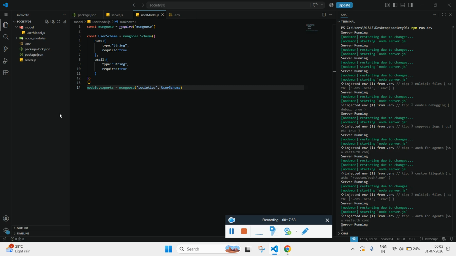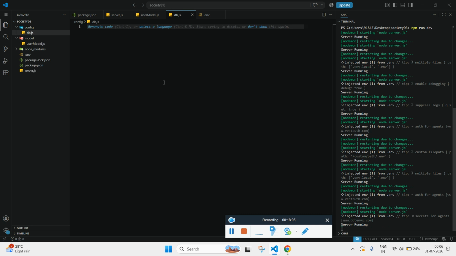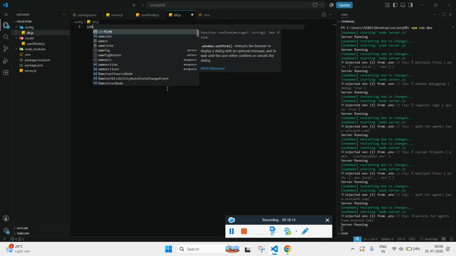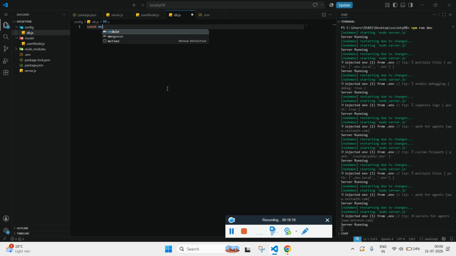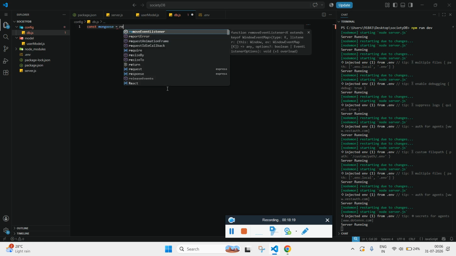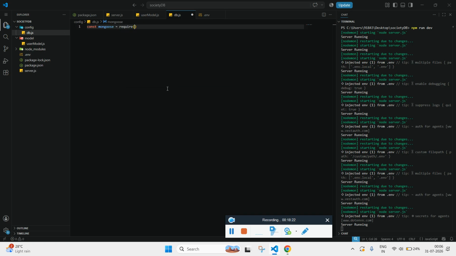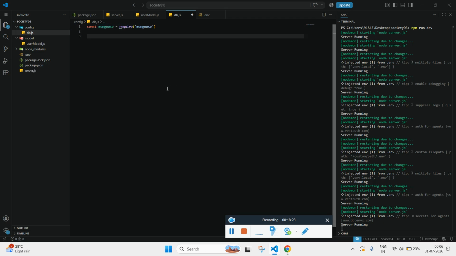connected our database. To connect our database, we need a new folder, and we'll call it config, and inside config we will simply have db.js, and this db.js is responsible for connecting your Express or Node.js application to MongoDB. Again, this is related to the database, so Mongoose is required, from the package mongoose. Now this file will have a function called connectDB,